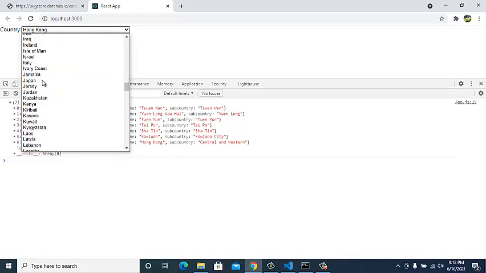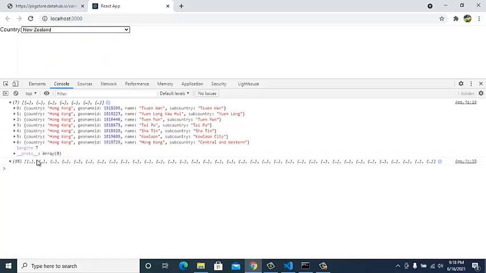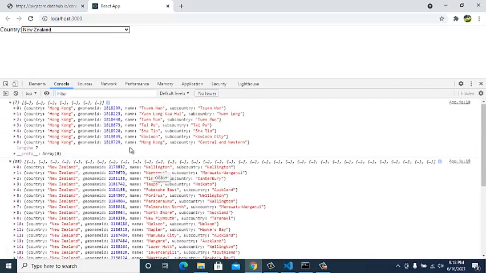If I select something else, like New Zealand, it will show those. So when you select different countries, it shows the full data of that particular country: its cities and its sub-countries, the states.